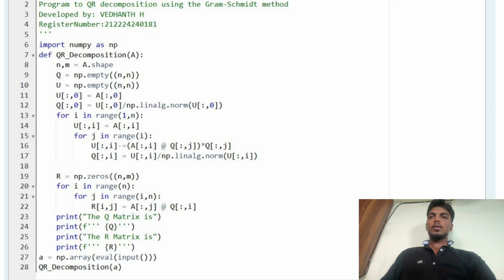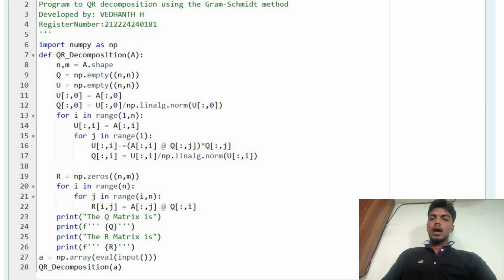Now we'll go to the explanation of the code. Step one, we have to define a function and the variables. So first, the line of code: def QR decomposition of A, n, m equals A.shape. This means that the function QR decomposition takes a matrix A, and n and m are the number of rows and columns of A respectively. Q is initialized as an empty matrix, for storing the orthogonal vectors. U is another empty matrix used to store intermediate vectors used during the Gram Schmidt